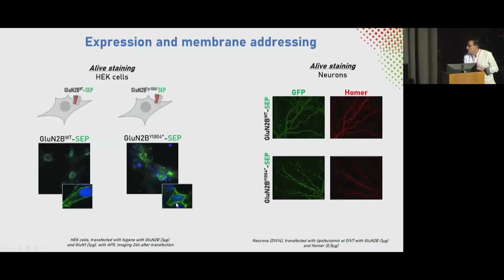And if you look at the mutant, we also have this addressing at the surface of the HEK cells. So we do exactly the same analysis, but in a more complex system, which is the cortical neuron that we produce in the lab. So we have cortical neurons from mice, and we can transfect this subunit with the mutation and the fluorescence tag to follow this subunit.